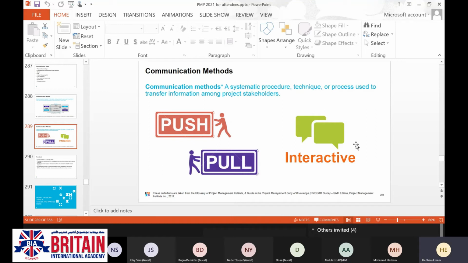When you are going to send a certain internal memo to certain people, or certain emails, certain facts, maybe you are waiting for feedback, but it's not immediate. Pull communication: I'm publishing the information on my website, and whoever is concerned about this can get access at any moment and see it. Like the e-learning websites, the website of a certain company, like the newspaper. That's it.